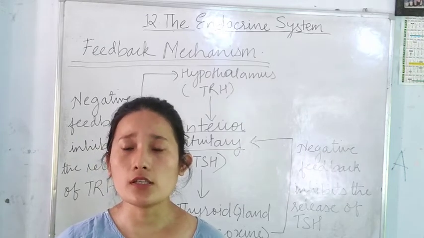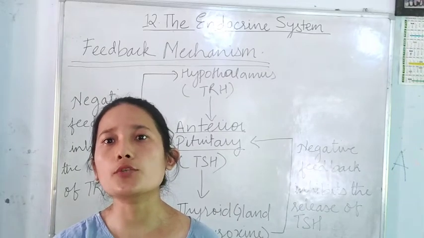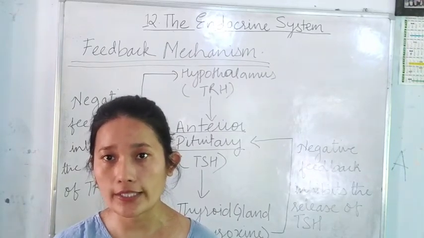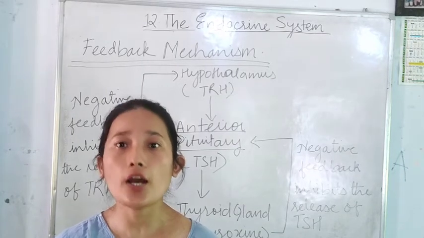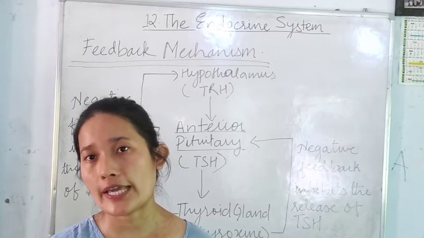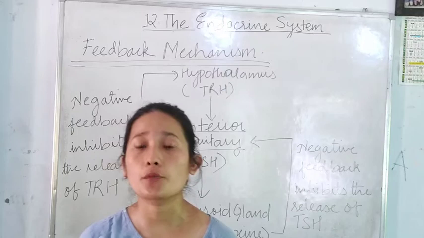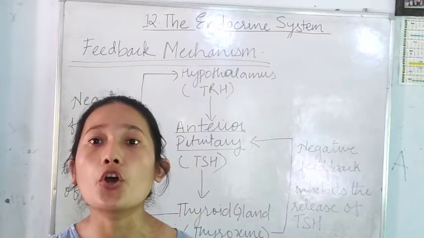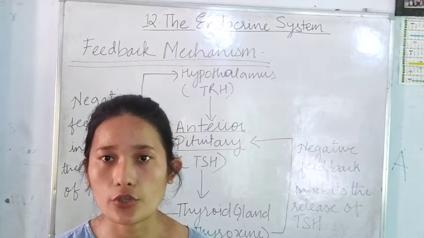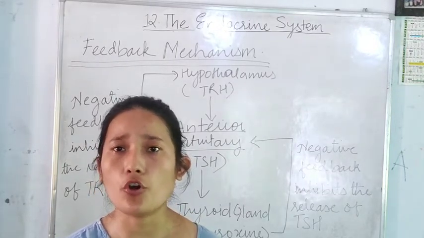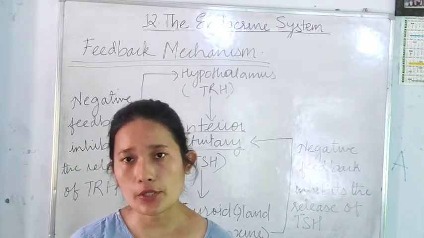Positive feedback means if the hormone is secreted in a higher amount, the message is sent that it requires more of that hormone in the body. That means the message is sent to secrete the hormone in a much higher amount. That happens in rare cases. An example of a positive feedback mechanism is the secretion of the oxytocin hormone when women are in labor, for the delivery of the baby. I told you oxytocin helps in contraction of the uterus wall, right? So that easy delivery of the baby takes place.